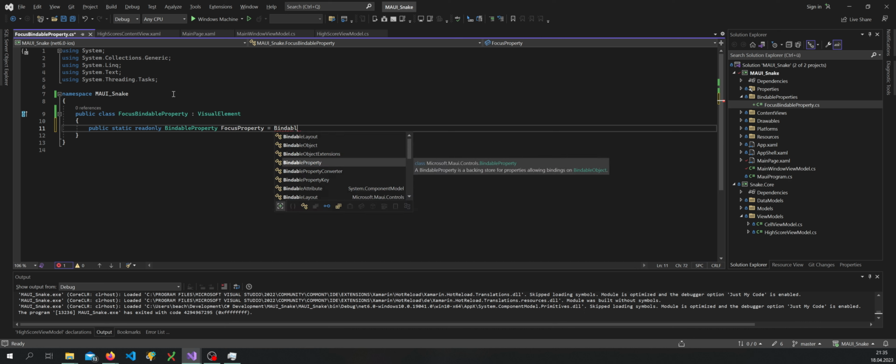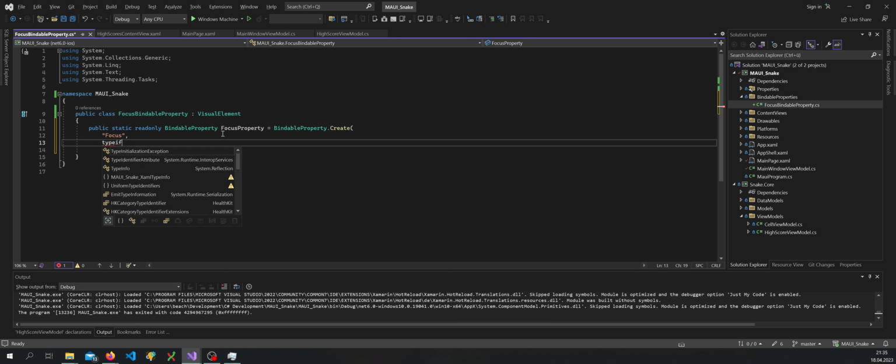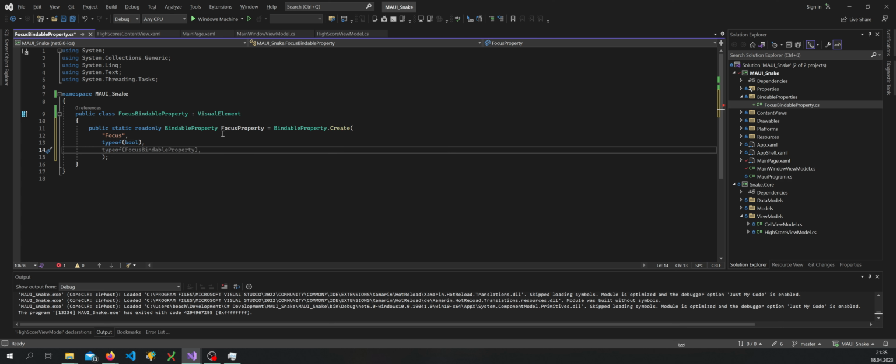And it's going to be a bindable property dot create, and you gotta give it a name. You gotta declare what type of data type it's going to be. So we're going to be using a bool. We have to name the parent, so this class right here, and